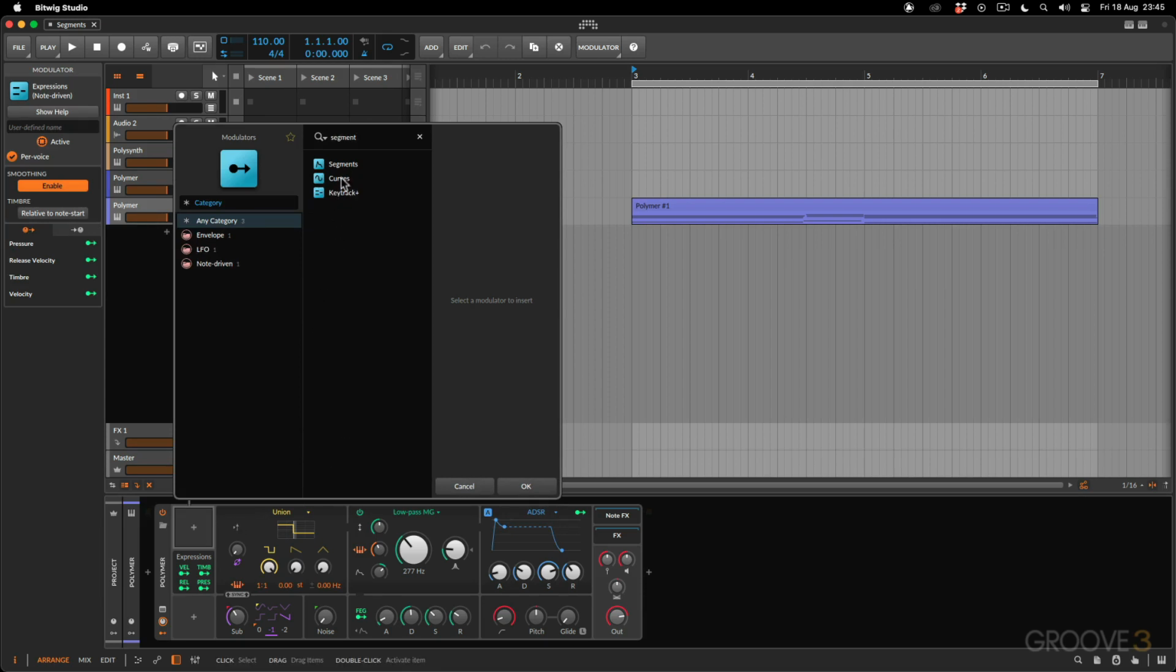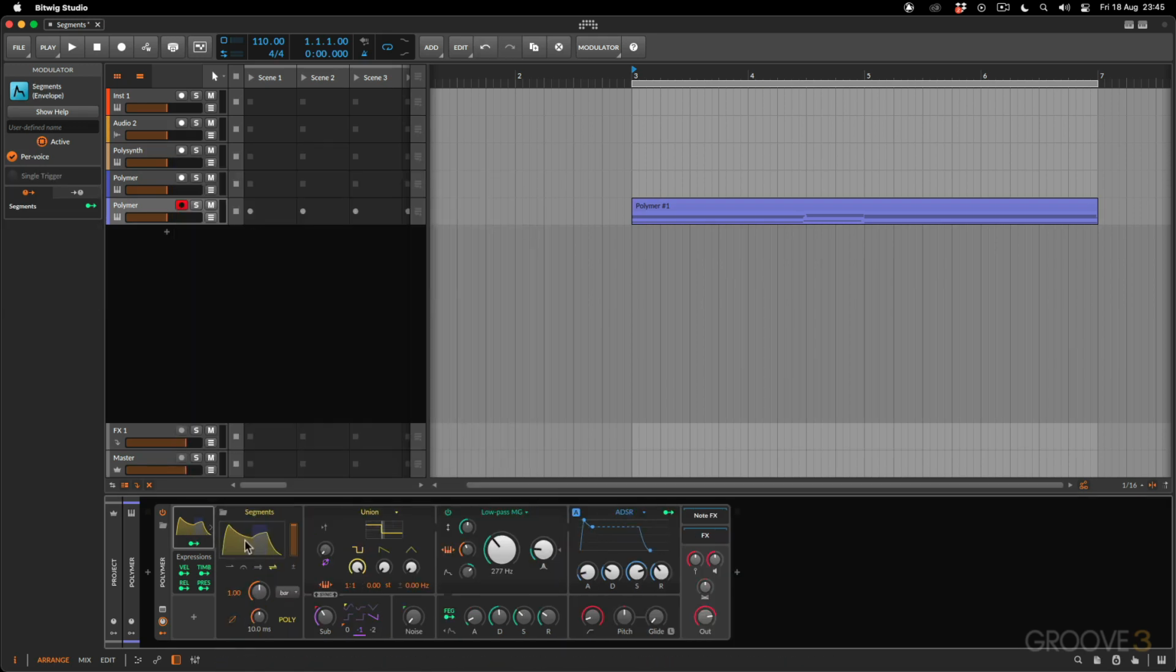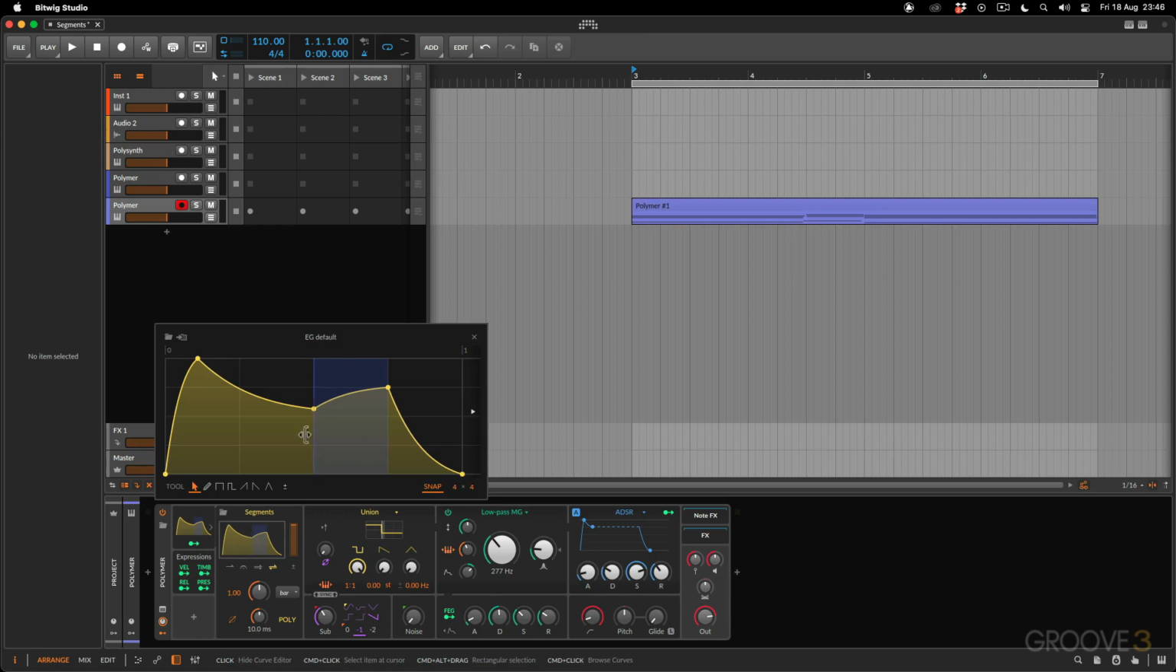So here is the segments. I will load it up. And basically what it is, it's an ADSR that you can customize the shape. So an ADSR standing for the attack, decay, release, and sustain. So it's 4 different points that flow from an envelope. And what's really the beauty of segments is that you can actually go in there and customize the shape like